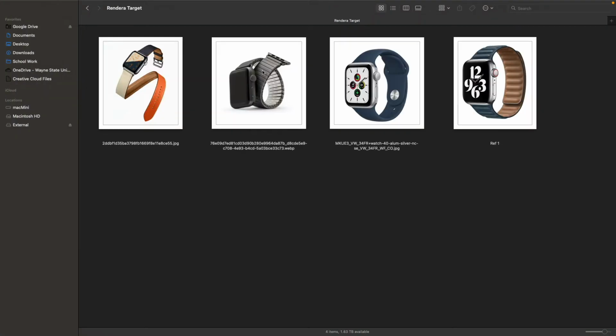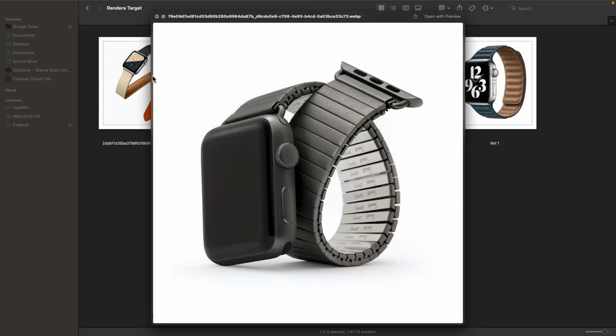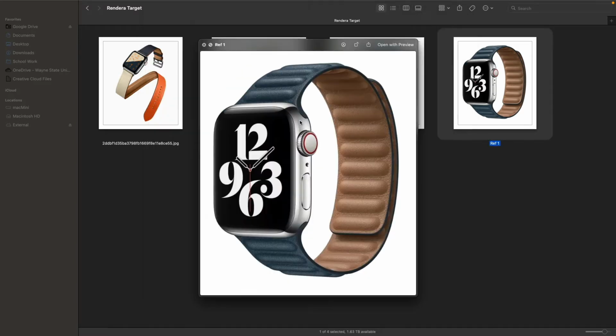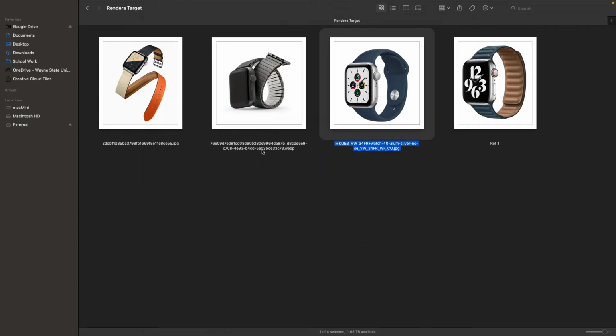Let's go to our render targets one more time. There you see this is nice and glossy. This is more matte and dark, right? That finish. Here you can really clearly see how rough the surface is. And this is more clean or polished again. And also interesting, the glass, the reflection, and then the interface. Okay, so